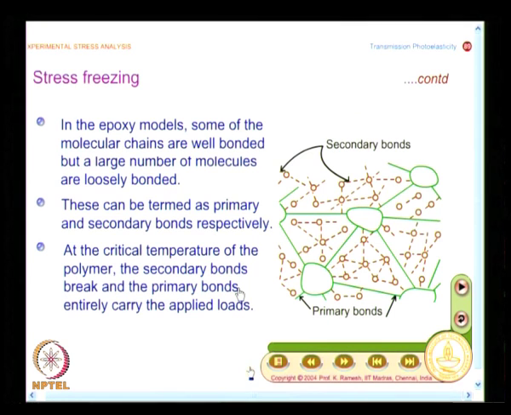So, complex objects have been analyzed by 3-dimensional photoelastic analysis, and this is a very successful process. Though it is experimentally intensive, there are technicians and skilled workers who can do this comfortably. At the critical temperature of the polymer, the secondary bonds break and the primary bonds entirely carry the applied loads,